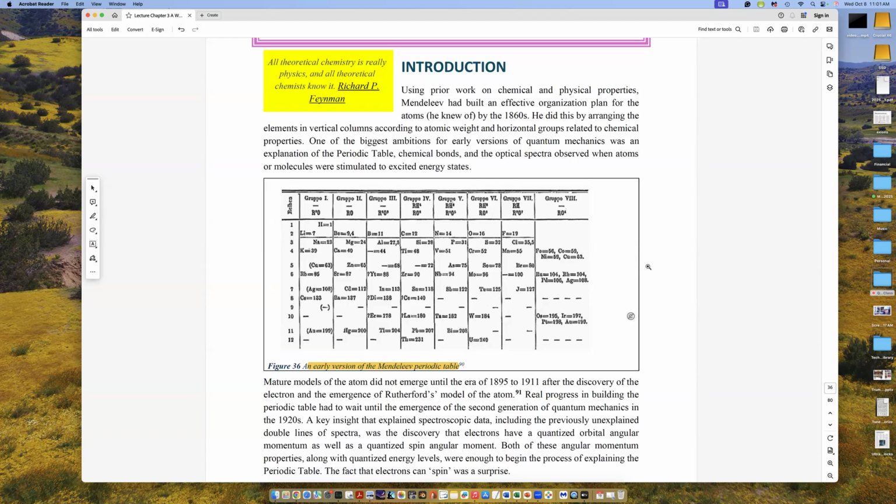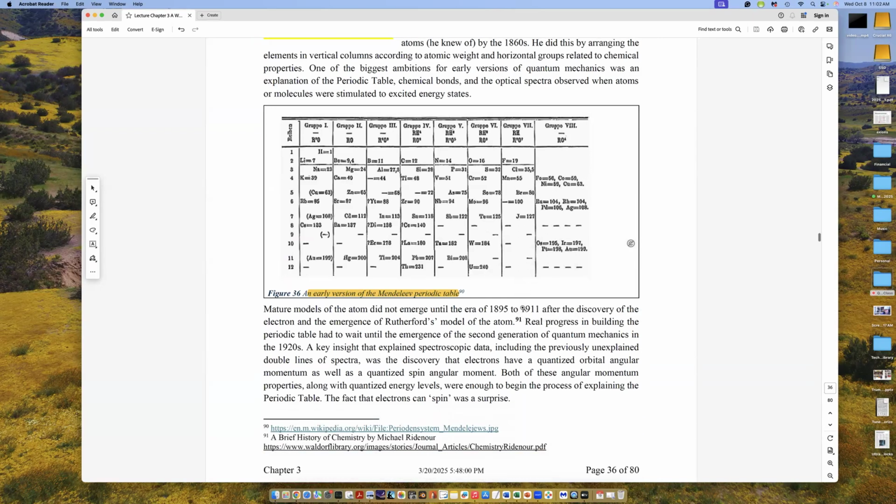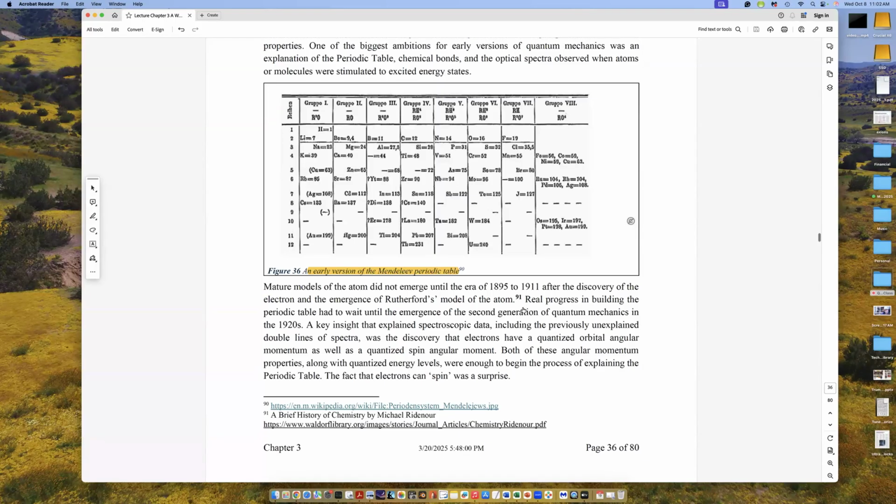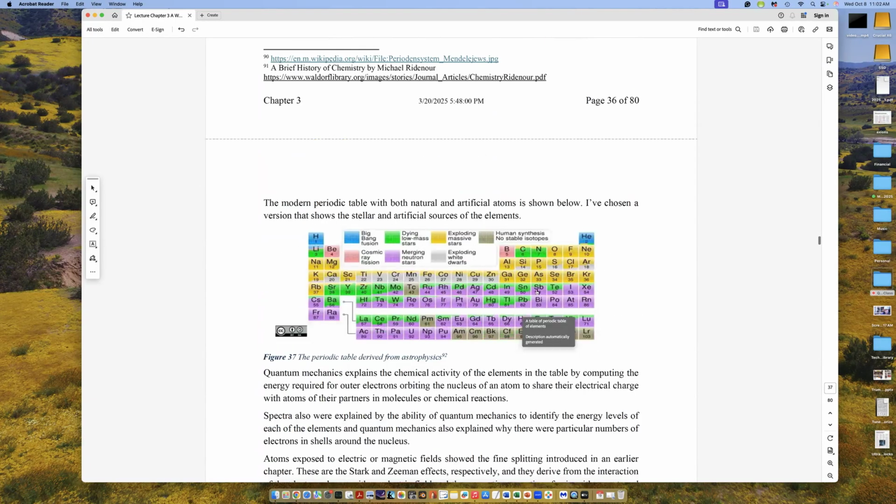All of that came out of Bohr's primitive model of the hydrogen atom, which we now know is wrong, but his model works because hydrogen is such a simple atom. But once you understand how the electrons are added to build heavier and heavier elements, starting with hydrogen here and eventually getting to the heavier elements, you can build the periodic table. And he was very successful in the 1930s building an early version of this.